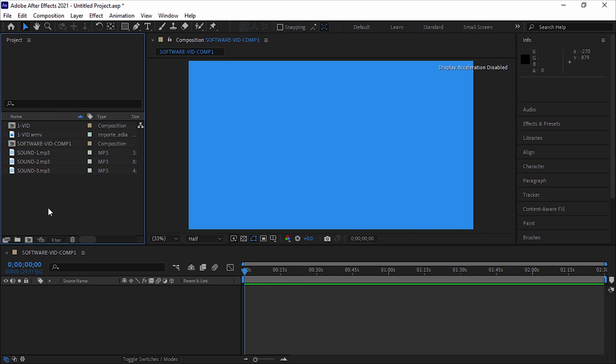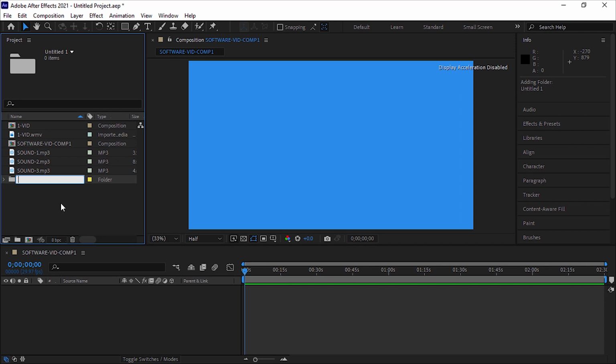One of the ways to manage files in After Effects is to categorize and organize files within different folders. Of course, there are different ways to create a folder in this software. One of these methods is to click on the Create a New Folder icon in the project panel. When you click on this icon, it creates a new folder and displays it in the project panel. You can easily assign a name to it and then press the Enter key on the keyboard.